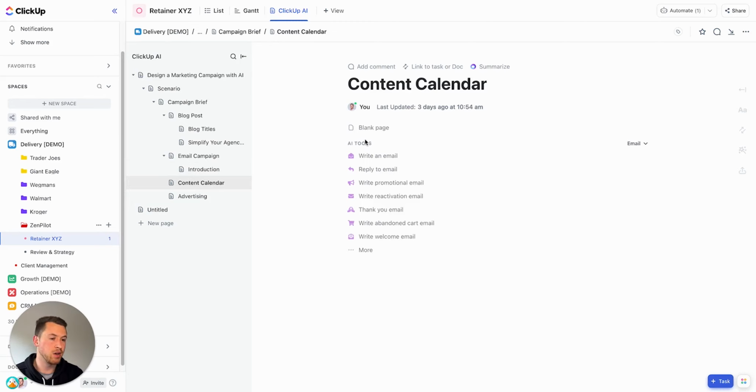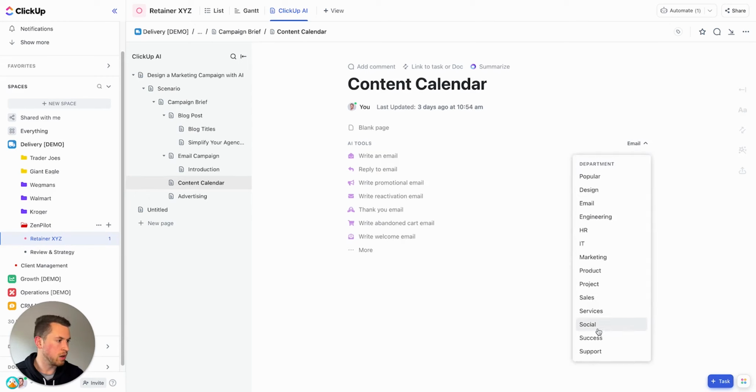So the content calendar is actually a very cool feature in ClickUp that you can leverage. I love using it. It gives you a good sort of framework, and also doesn't just give you text. It puts in a table format that you can leverage. From here, what we want to do is we are going to go